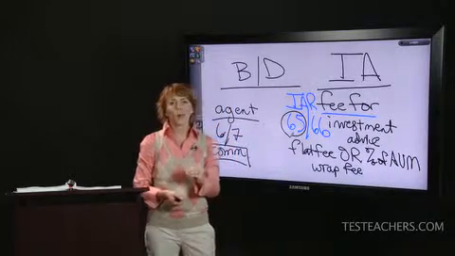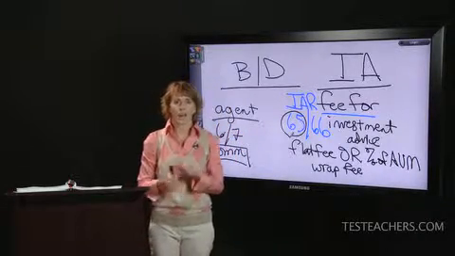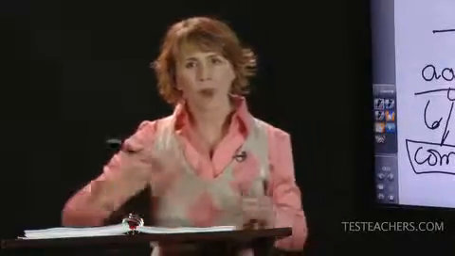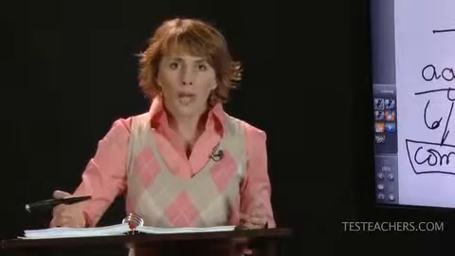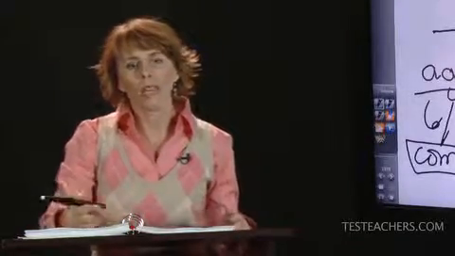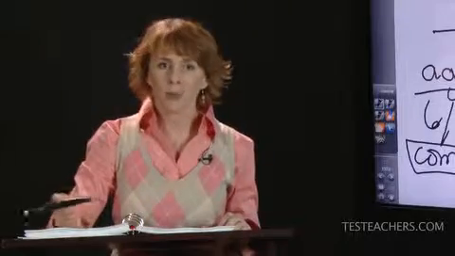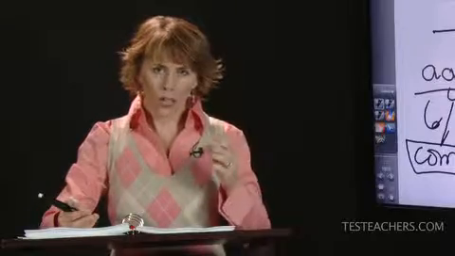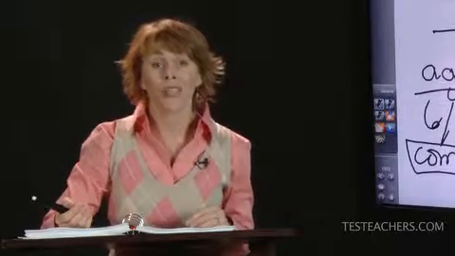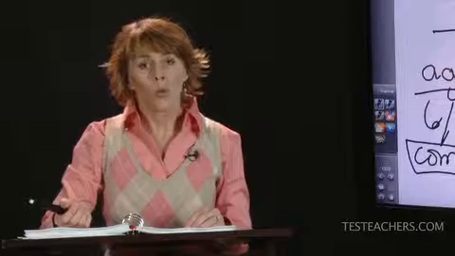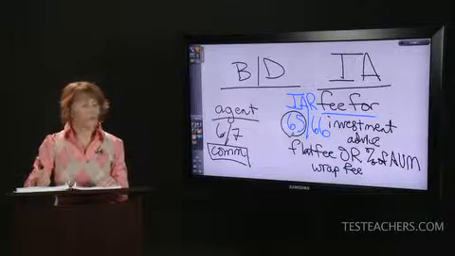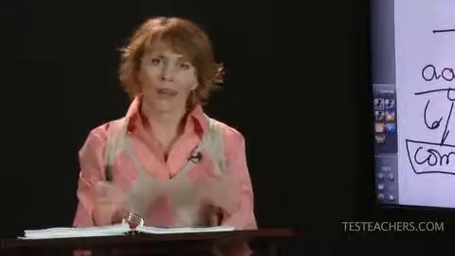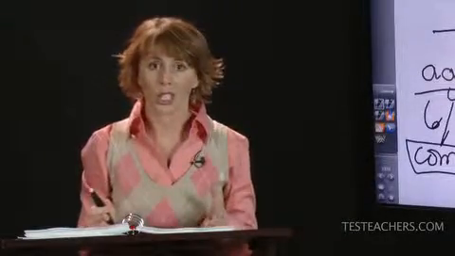I hope that helps. This is kind of a confusing topic. A lot of times my students, when I'm teaching in a live class, this is something that they've always wondered about. They weren't quite sure how it all worked. So hopefully that helps clear up the difference between the agent and the IAR. Of course, this all started because of the definition of the investment advisor, which is the firm. So that's Form ADV that is filed either at the state or federal level, depending upon the situation that's presented to you in the question.